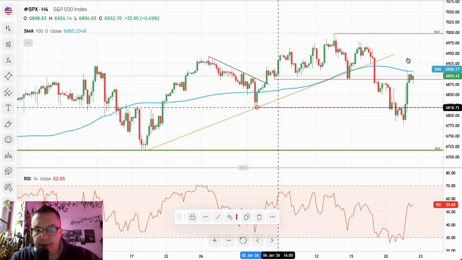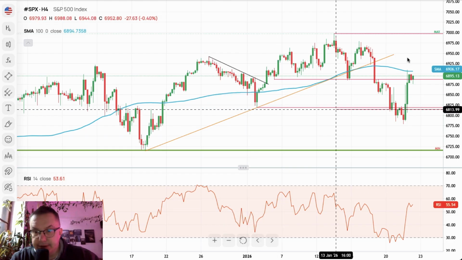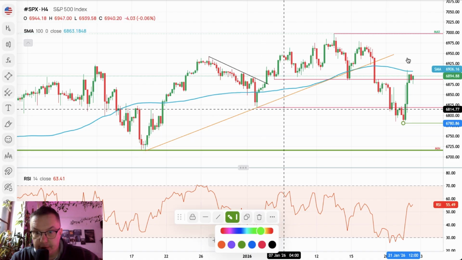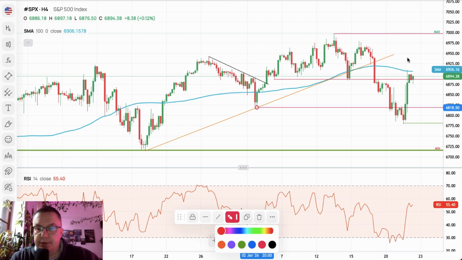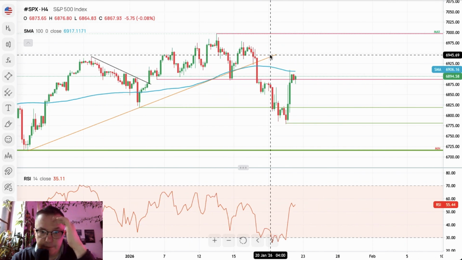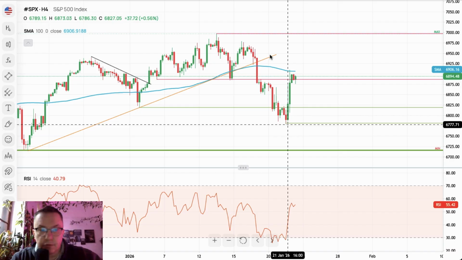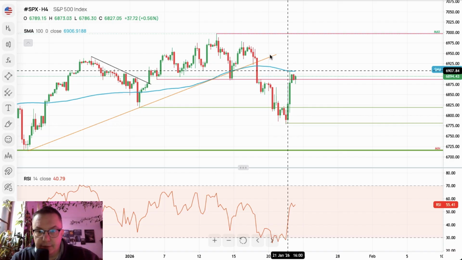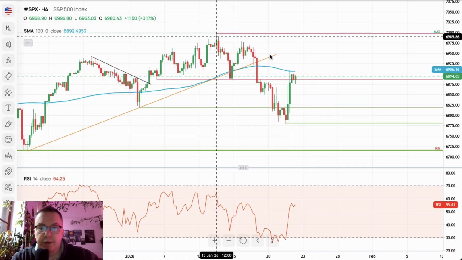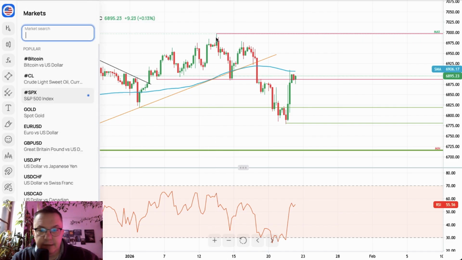this level might not be that easily respected as this one, so we just change the color for the technical support, and now it's a technical resistance. We're waiting for a breakout, so now the situation is very, very clear. ABC movement to the downside on the S&P 500, rebound from the extremely oversold conditions towards 100 periods moving average, any breakout, and we are above the 100 periods moving average, and we test 6,996. The recent swing high on S&P 500. The market is ready, momentum is strong, 55 points.